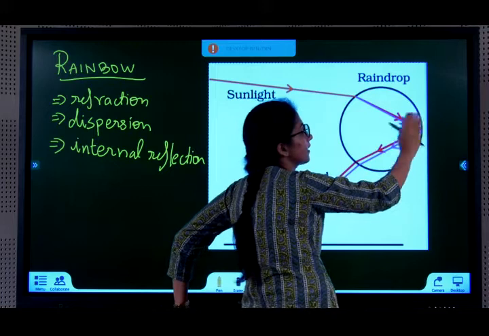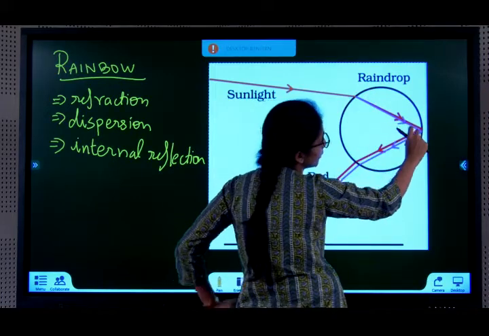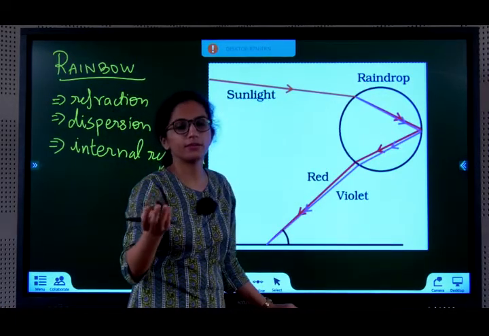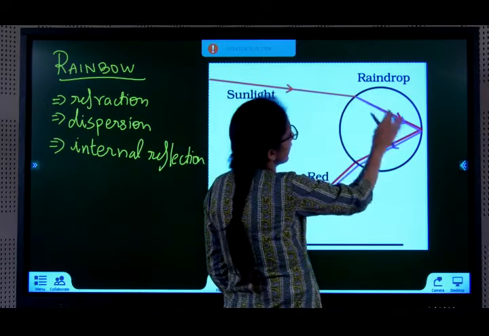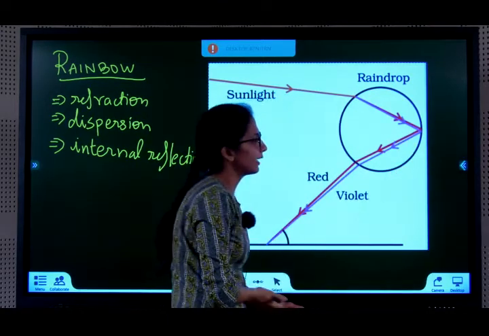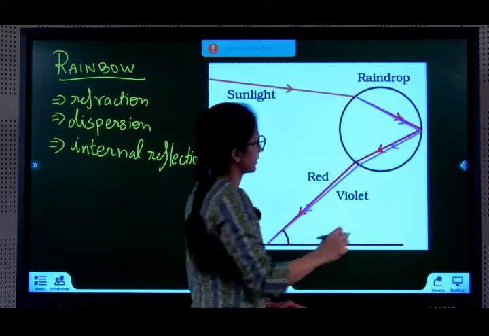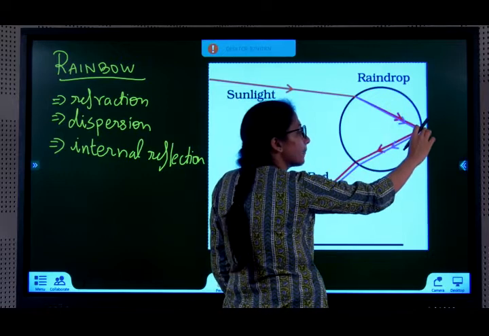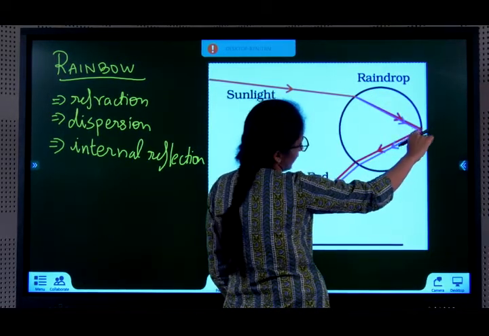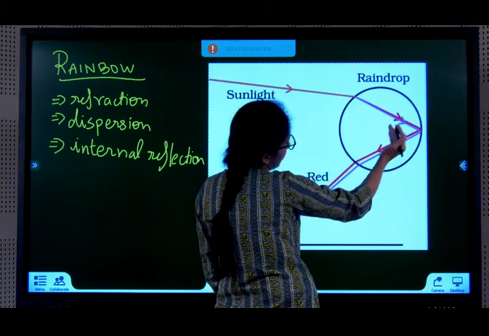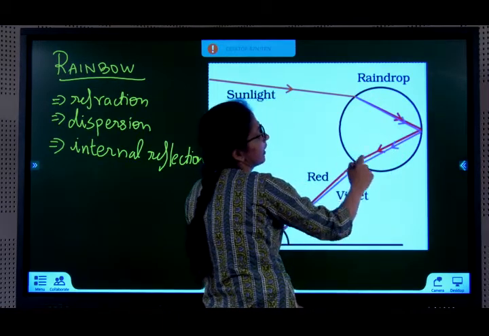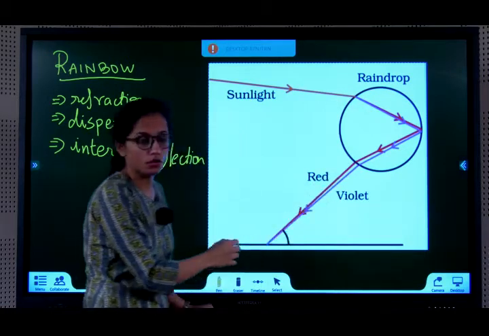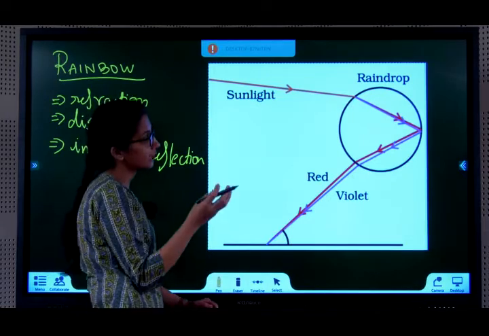Rays are trying to go from denser to rarer, and for these water droplets, the critical angle is very small, 22 degrees or something like that. So this angle of incidence here is usually more than that. So TIR takes place, internal reflection takes place. So here what happened? It split, dispersion took place. Over here, internal reflection takes place and the rays reflect back into the same water droplet. When it comes here now, refraction takes place and the rays come out. You see the rainbow.